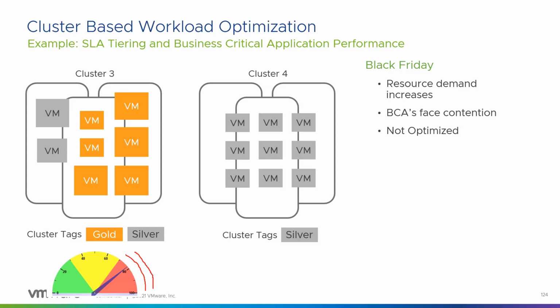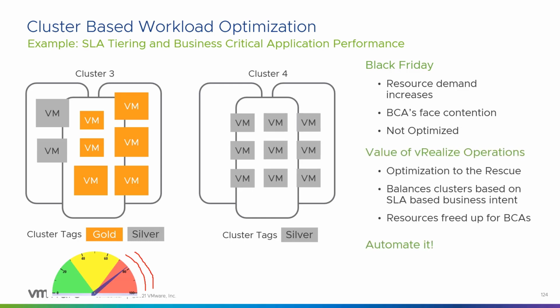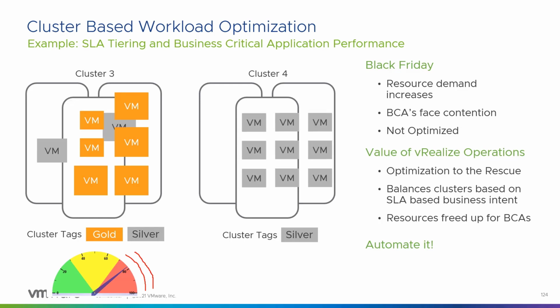Again, vRealize Operations is going to kick in, and it's going to say, you know what, we need to move some things off of cluster 3 and move them to the silver cluster 4. And it's going to, of course, choose one of the silvers, right? So it's going to take one of the silver applications, a set of VMs, and whatever it can determine is the best to move, it's going to move that. And of course, once that gets moved, we're back to